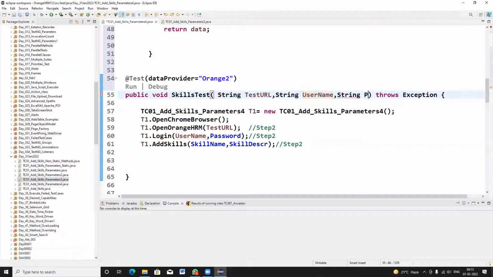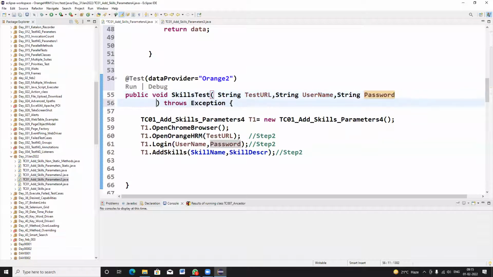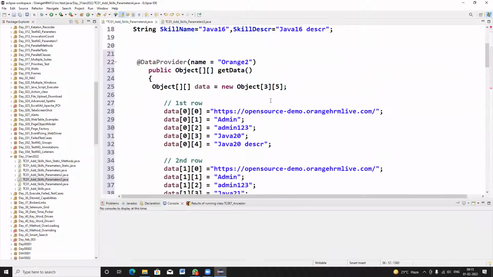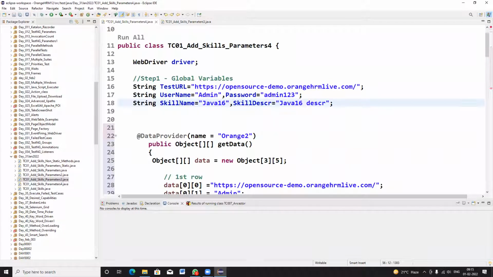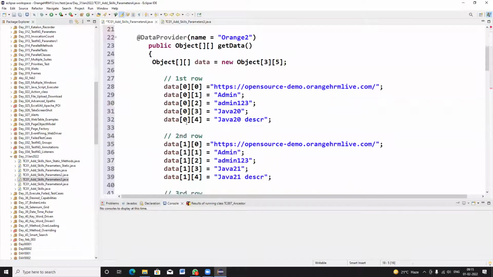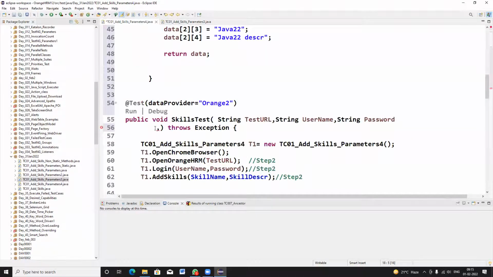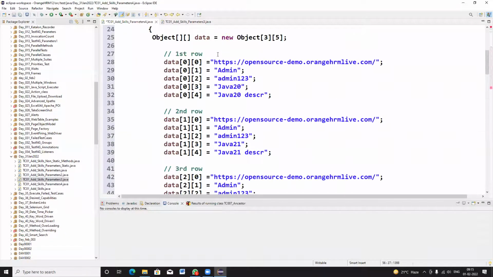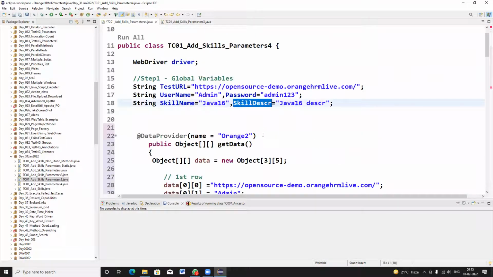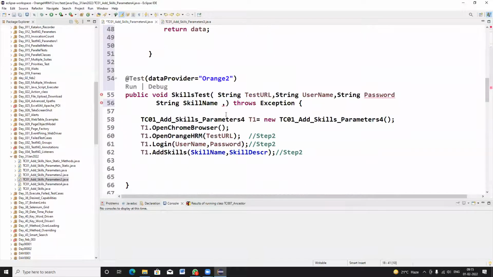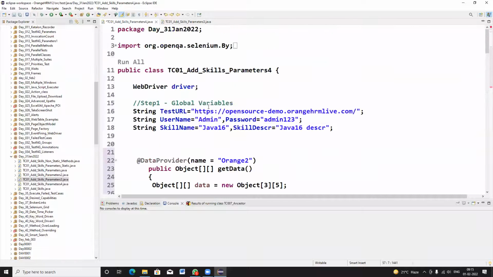This is a very, very simple concept. And I have to use skill name and skill description. So step 3 is completed. Now I don't want to use these global variables, so I'm commenting them out. These lines of code won't be executed.